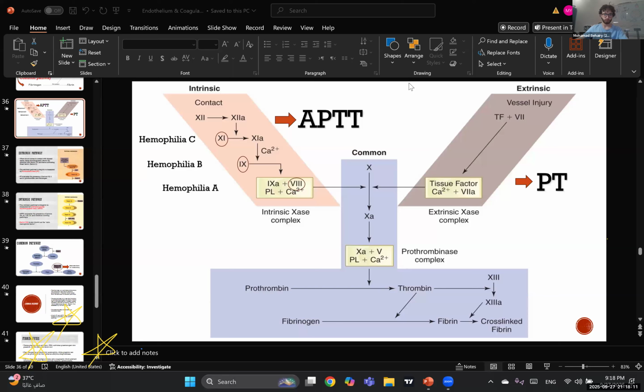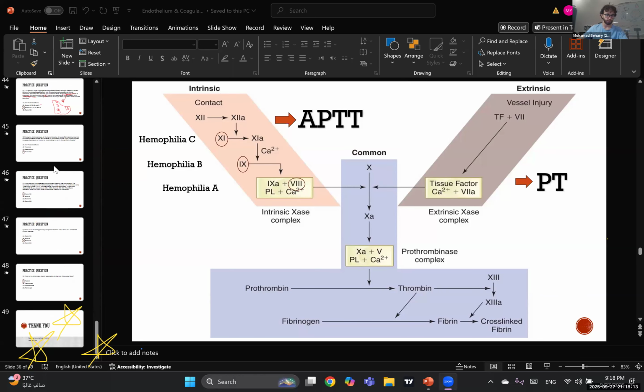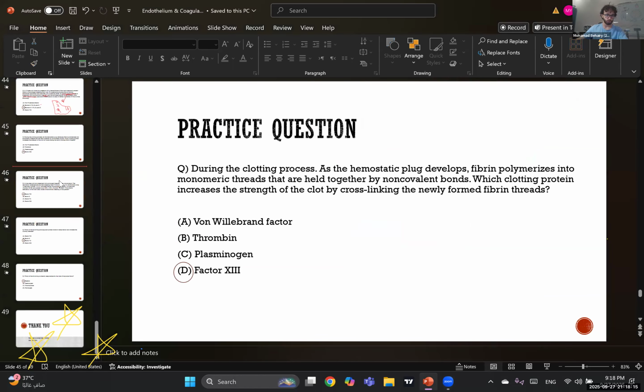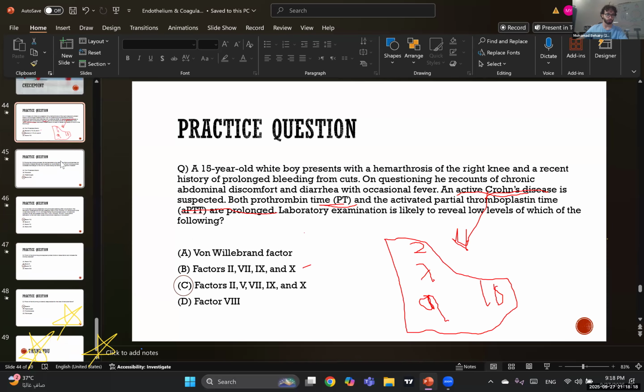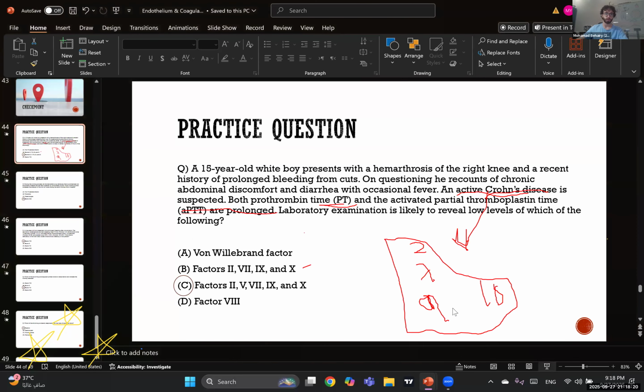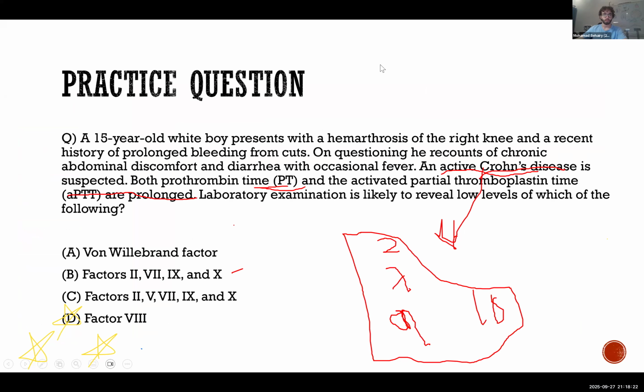Oh, no worries, Munib. We're done with the lecture and I'm just taking questions, so I can explain it to you. But let's go to the question itself. This was the question. This is what you can see in the exam. It's telling you that the patient